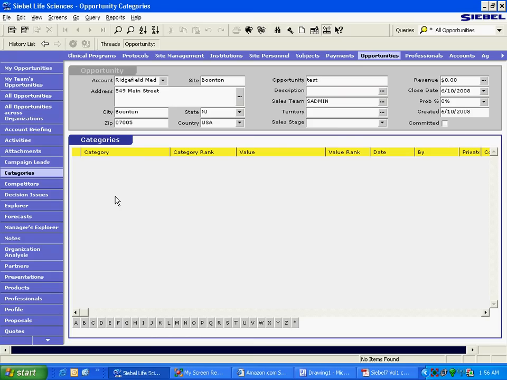And typically, this is what we think when we are designing whether we should provide an MVG or whether we should provide a view. Typically, whenever there is a one-to-many relationship between, for example in this case, opportunity and the target thing, like categories, we provide a view. Because out of the box, address, sales team, territory is in the opportunity applet, that's where it stops. We don't want to put more data there. We don't want to put more MVGs there. MVG is a big problem from a performance standpoint, so we don't want to do that. So we provide a separate view, right?